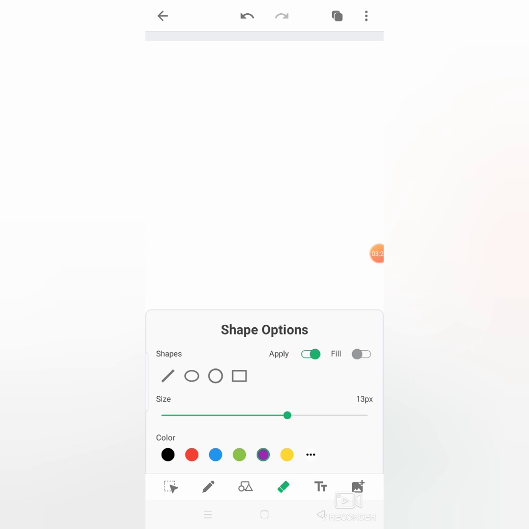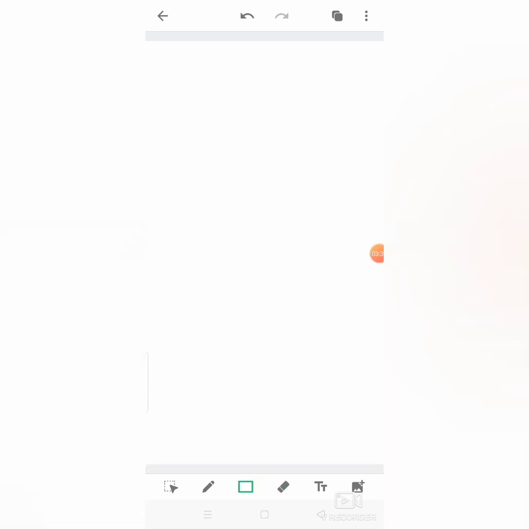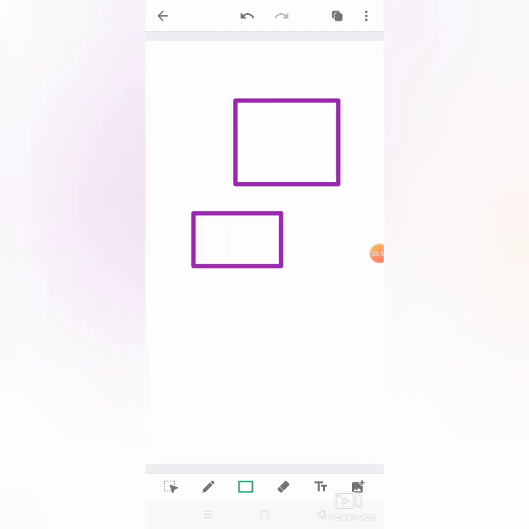I clicked on the shape option, it is giving some shapes. Click on that shape option and go to the screen and drag how large or how big you want that shape. Drag it, and again if you drag, it will create the next shape. If you want to move this selection, click on the arrow option at the bottom left end side, it will remove the selection of the shapes.